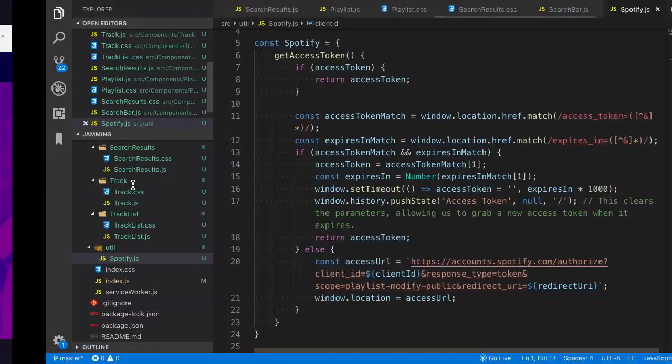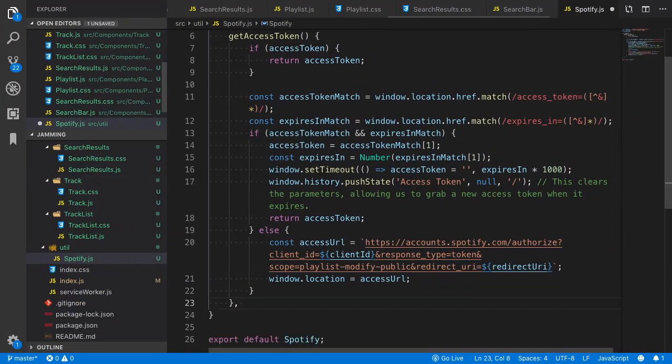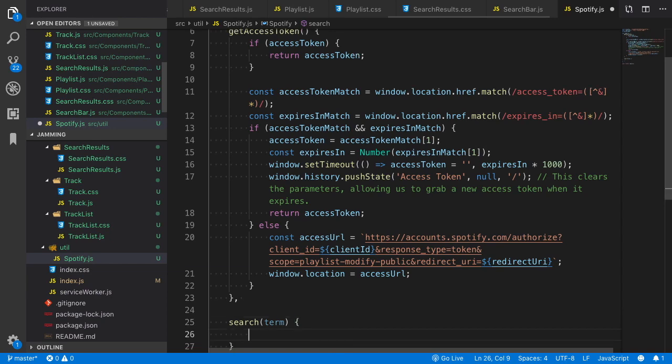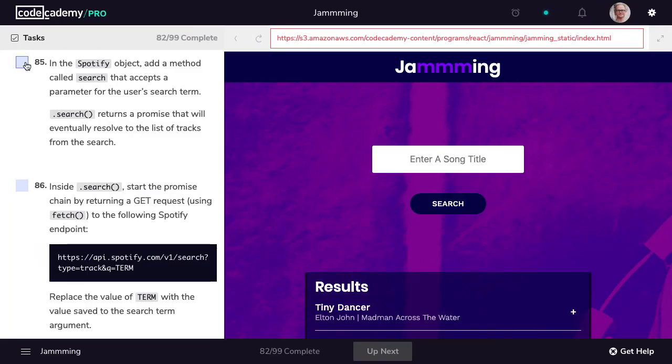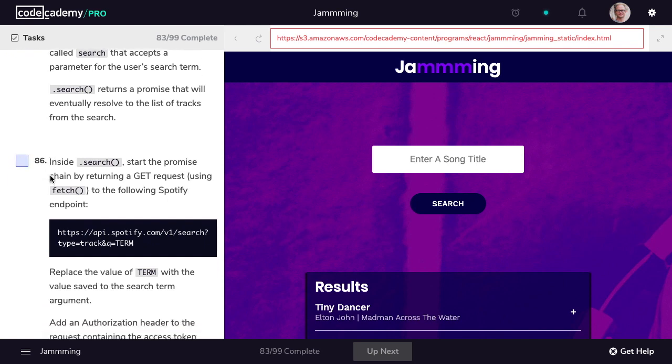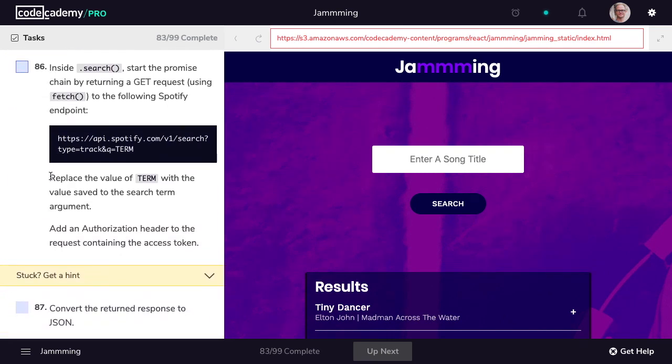Let's get started. So we're going to add another method after our getAccessToken method that we created earlier, and we're going to call this search, and it's going to take our term for an argument. Okay, let's mark step 85 as complete, and in step 86 we'll start to build out the content within our